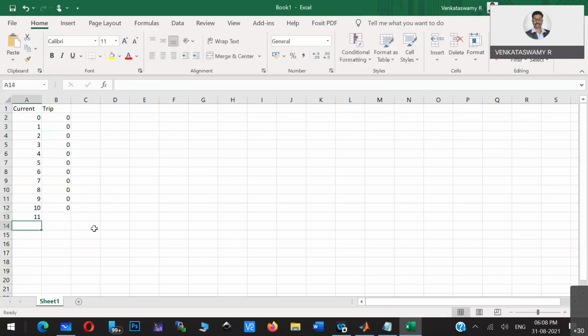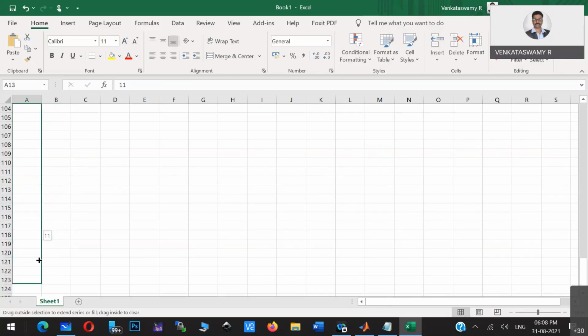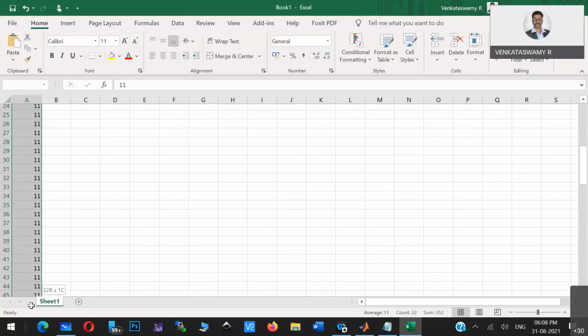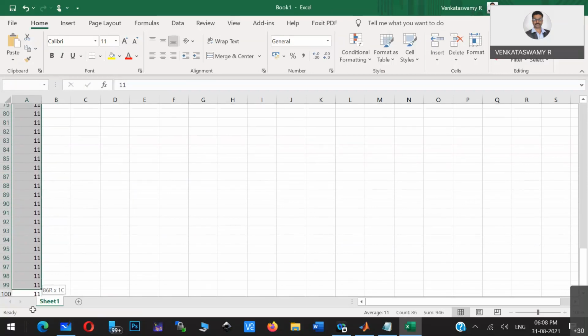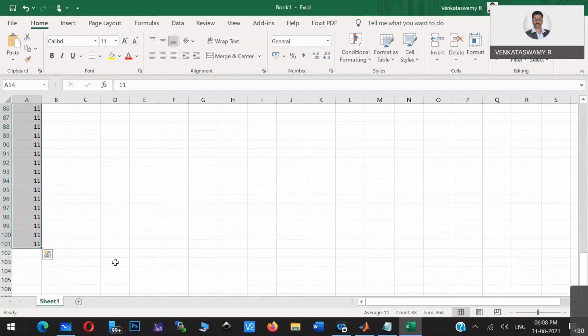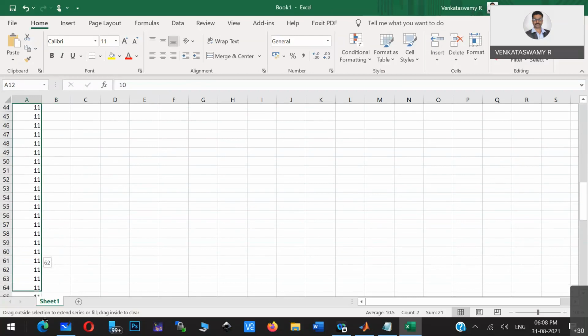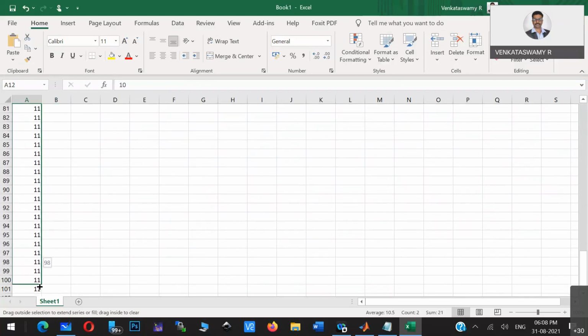And after that, if it is 11 amps, then from 11 amps onwards, whatever current I get, the trip signal is 1. Let me take some 100 values. I just have to increment and select. So I just created some kind of data set.